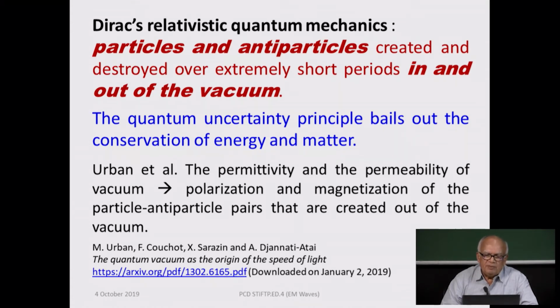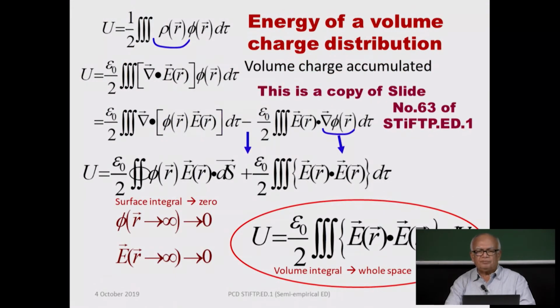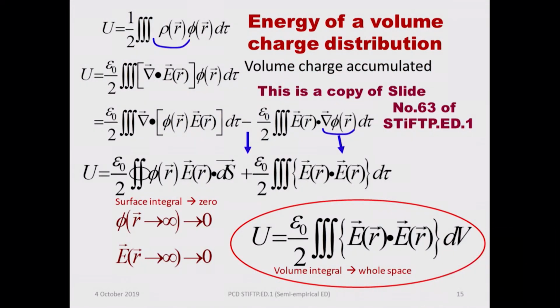And they talk about the permittivity and permeability of vacuum, the polarization and magnetization of particle-antiparticle pairs that are created in and out of vacuum. Okay, so you may want to read this up, but I will not get into this. So now you do have energy